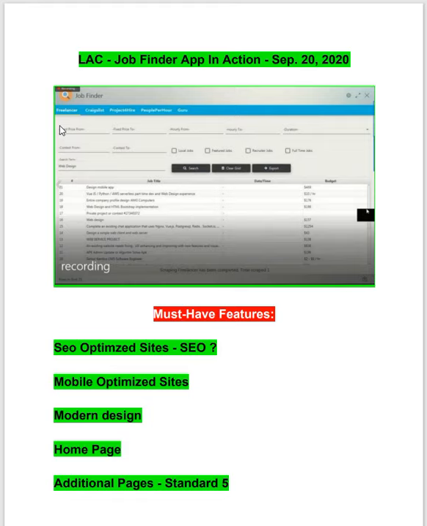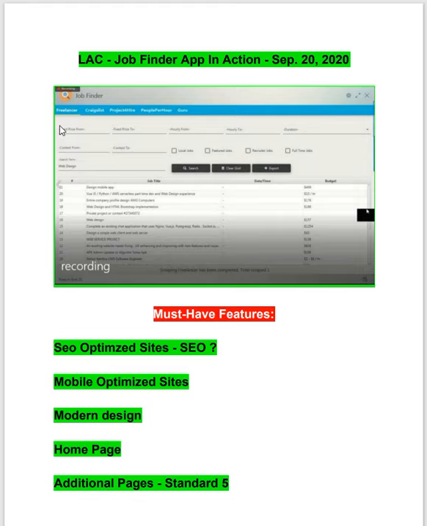And what happens over here is that people around the world post job offers. Someone will post a job offer saying that he needs a website and he has a budget of $1,200. Someone will post a job offer for a video creation and she might have a budget of $800. So people can offer jobs for SEO services, social media services, and any kind of digital services, including app development, software development.